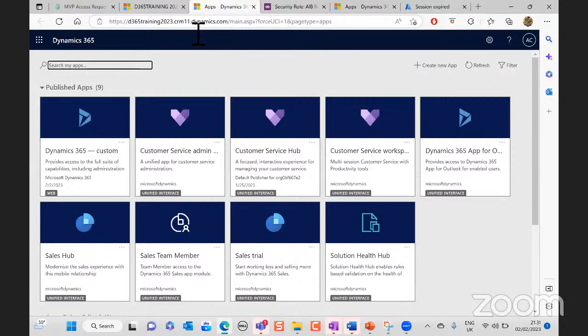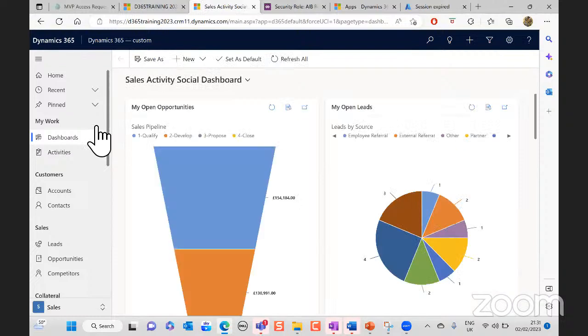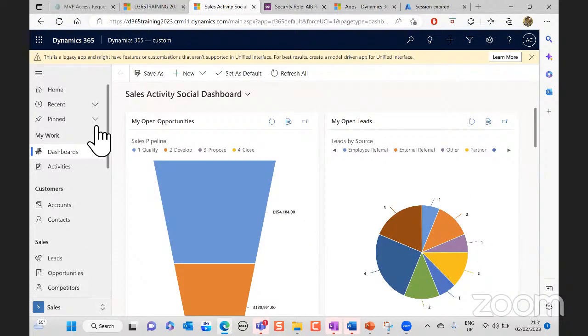So in this context, as part of your project, we are going to be focusing on this app here. You can ignore the rest of them. This is the one we're going to focus on. At this point, this is referred to as the front end. Remember that term when we're talking about this area here. When a user logs into the system, this is what they see. Okay, that's out of the box,